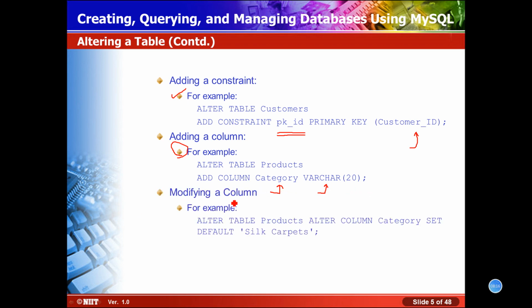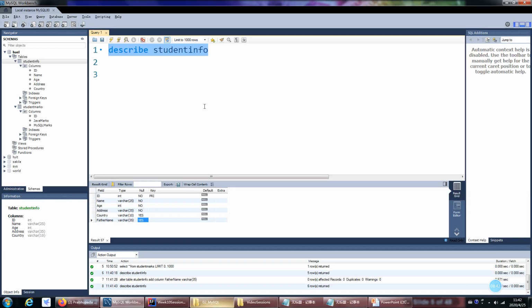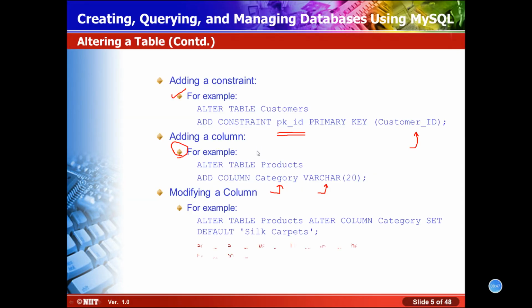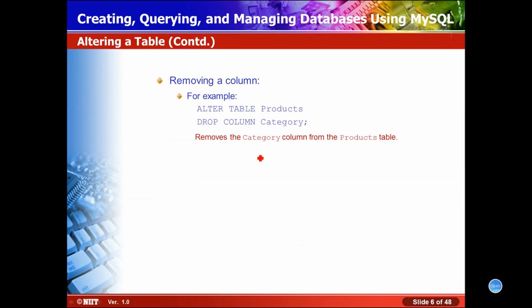Modifying a column. You want to change the column, like you want to set some default value. So alter table name, and then you have to say alter column, the name of the column, set default. Okay, you can set a default value here, like I am setting a default value silk carpet for category. So let's try over here. Okay, but before that, let's see how to drop